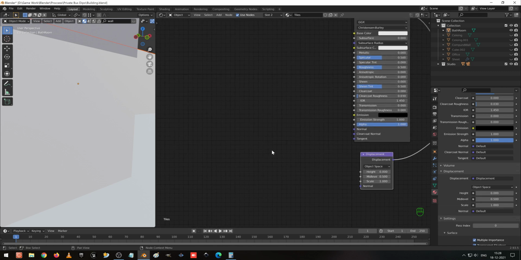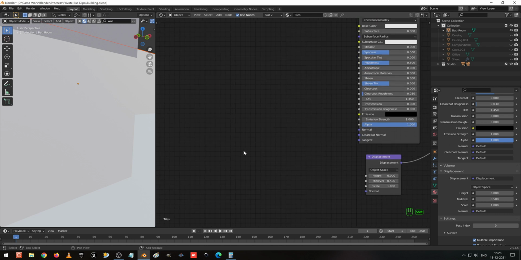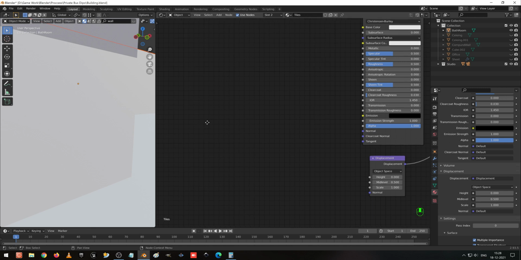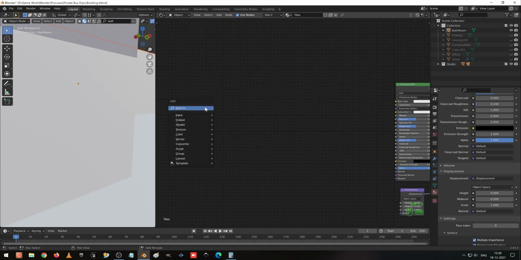Now here we are going to add a bricks textures. Press Shift A, search for the brick textures and take the fac.